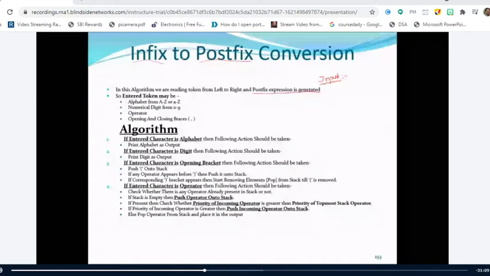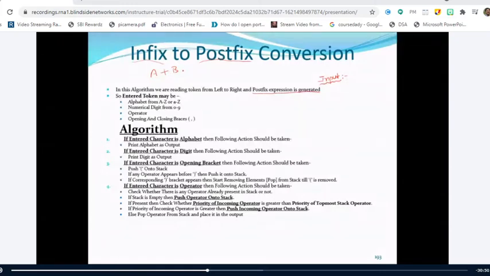Super, right? And can anybody tell me how do you take the infix expression? What data type supports the infix expression? For example, I want to give the infix expression as A plus B. Now tell me, how should I consider this A plus B? Do I need to consider it as an integer value, or a floating point, or characters, or strings? Strings, sir. Therefore, the input for this algorithm is nothing but an infix expression, which is a string.